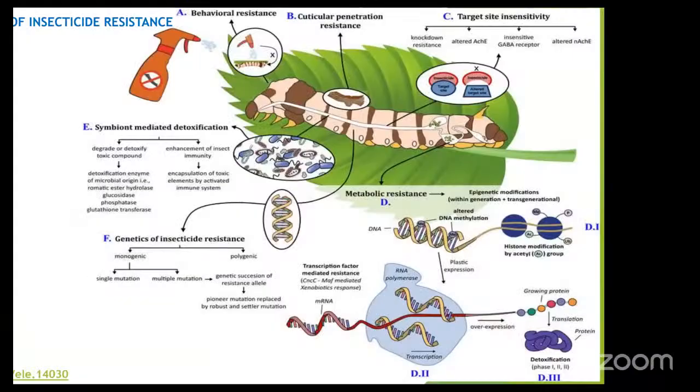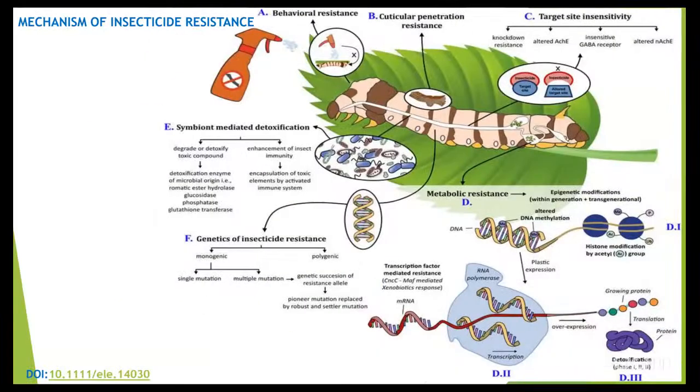And in target site insensitivity, we can also see the altered site of action, particularly acetylcholinesterase. So the best example of an altered target as a cause of resistance to insecticides is acetylcholinesterase, with reduced sensitivity to organophosphates and carbamates. This AChE, that is, acetylcholinesterase enzyme of this type, has been found in a large number of strains of arthropods, and the existence of a relation between